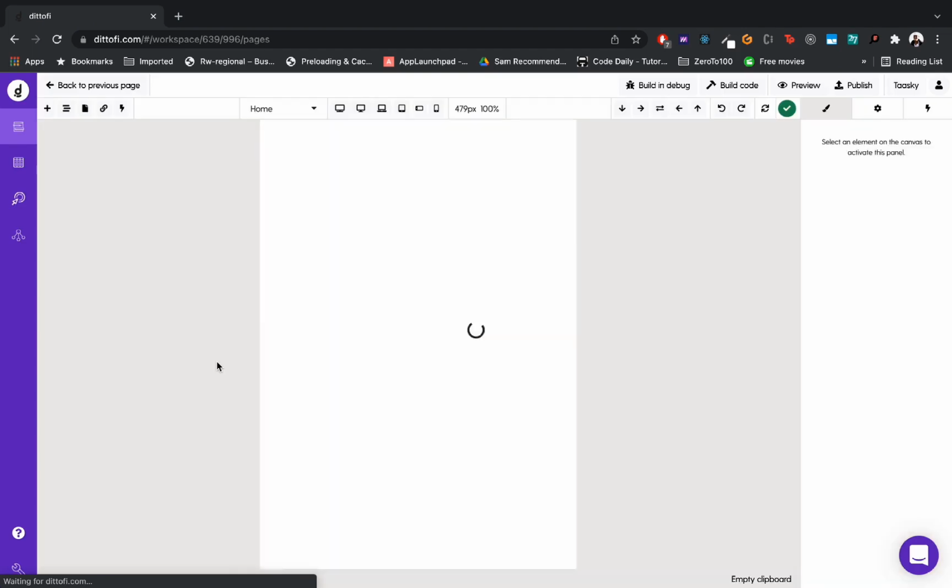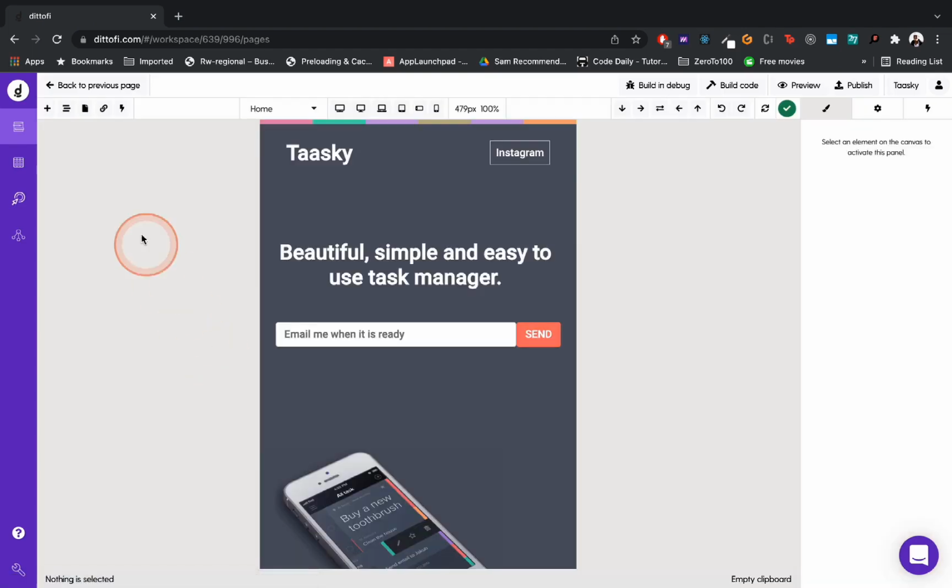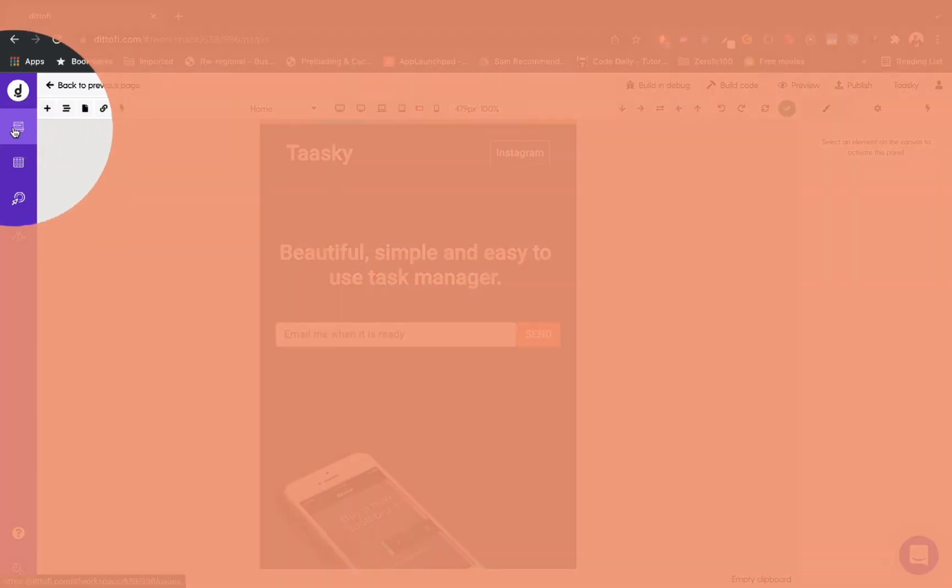Last time we looked at the navigation on the top menu bar and the left menu bar. And I promised you that I was going to come in and start talking about every single one of these icons so that you know what they do. Right now, I'm about to go into the Didofy front end builder. And that is this icon right here.